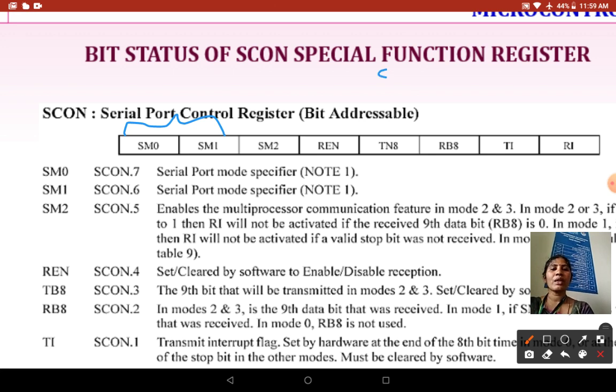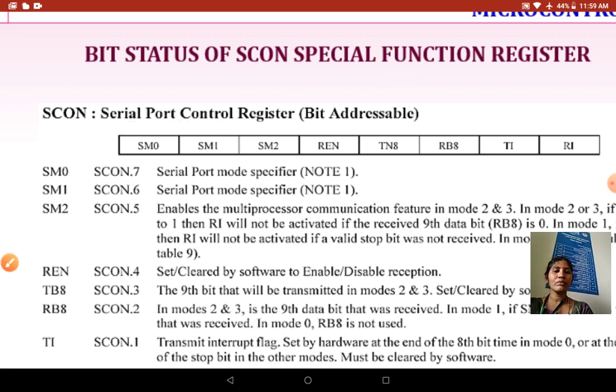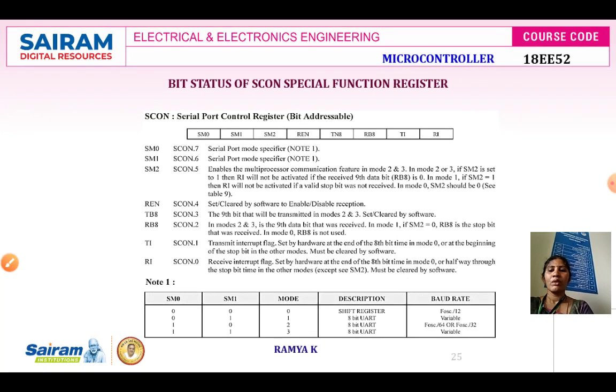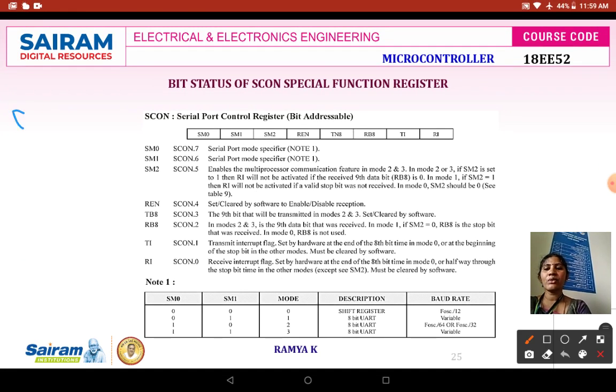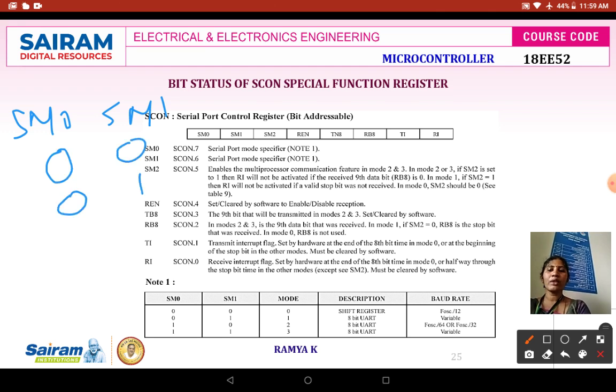As we are having 2 bits, SM0 and SM1, the number of possible combinations is going to be 00, 01, 10, 11. That is 4 combinations because we are having 2 inputs, that is 2 power 2.